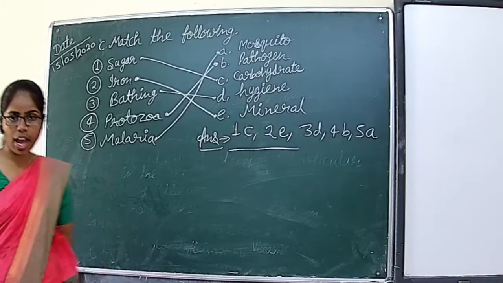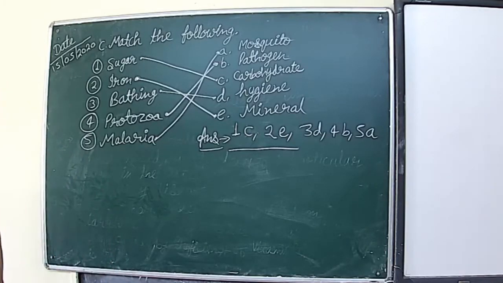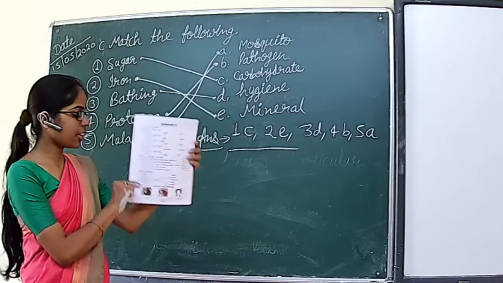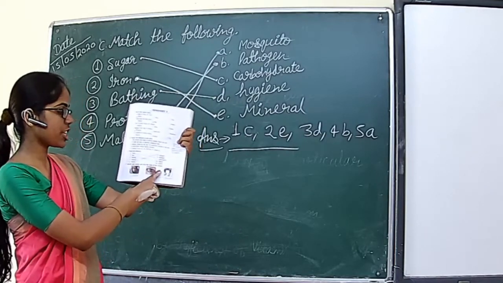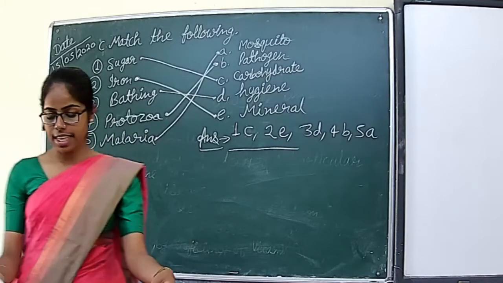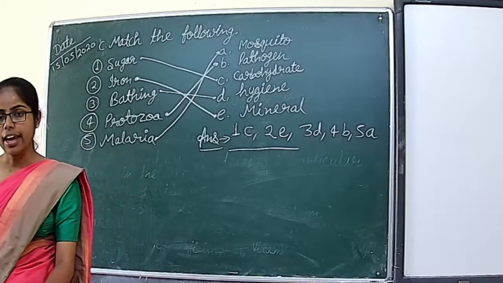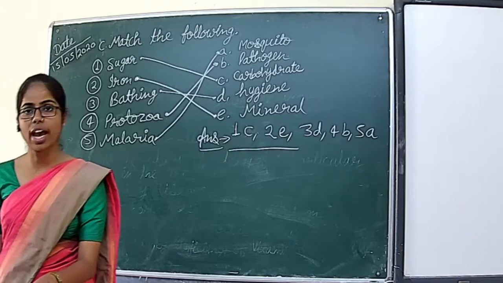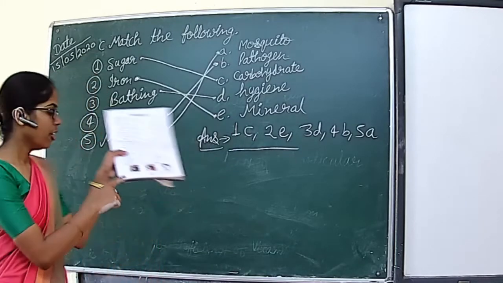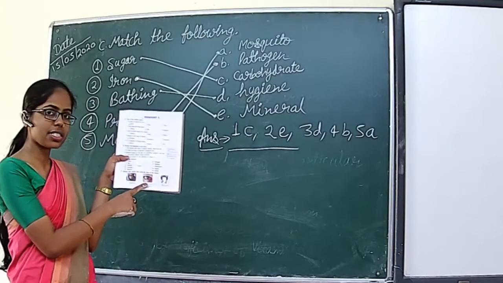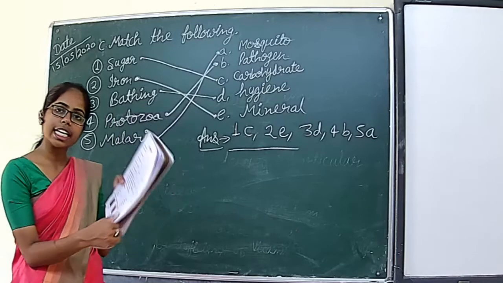I hope all of you have done it. You can pause the video in the middle and do it. Now, in your book, in section D, pictures are given. Identify each picture and write the name of the disease. The first one is goiter, the second one is night blindness, and the third one is rickets. Again, I am telling you, we have to write the name of the disease. Three pictures are given. The first picture shows goiter, the second picture shows night blindness, and the third picture shows rickets.